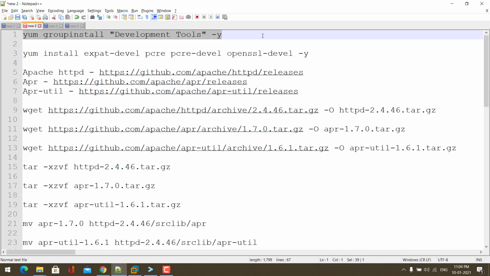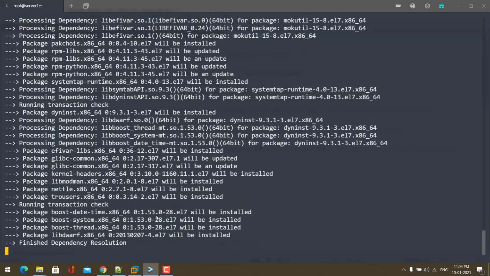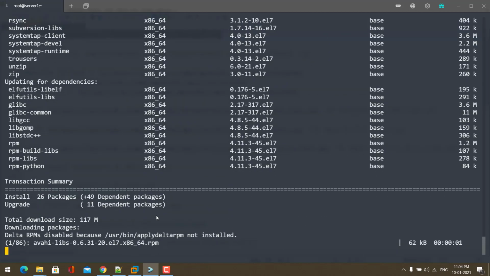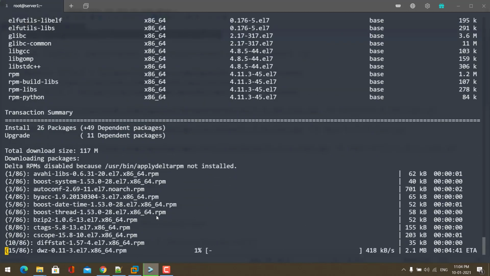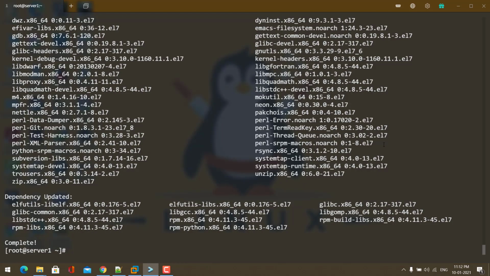Now first we need to install these packages. Wait for some time until the packages are installed. Now the packages are installed.